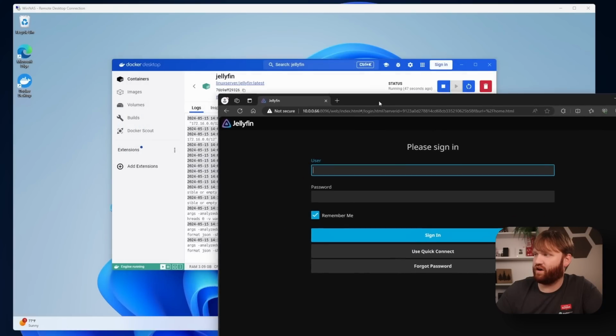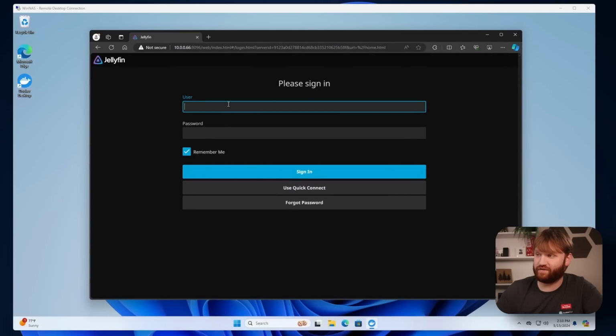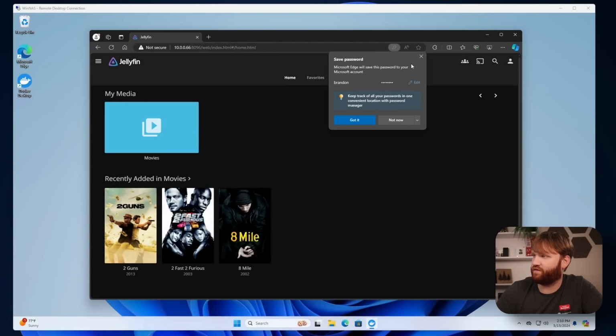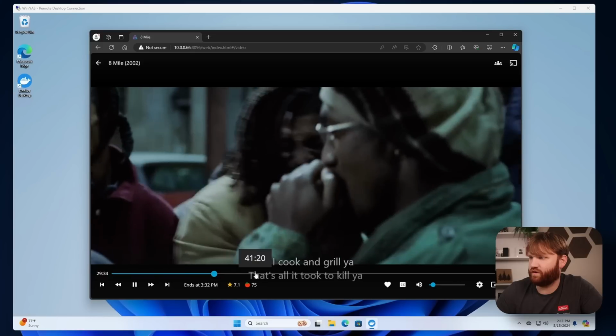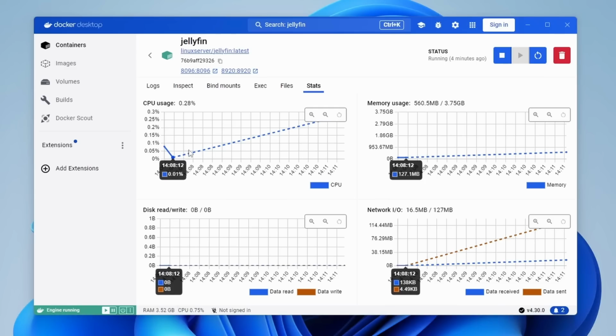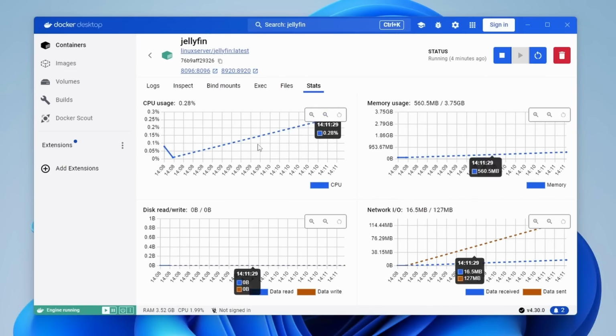Again, this is running on our local machine and not the server. You sign in, and there's only a couple movies, so it should have pulled them pretty quick, and you can see them right there. You can see it's running pretty smooth, and even playing that media really isn't doing too much at all to our server. So that's just an example of the services that you can easily spin up using something like Docker Desktop.